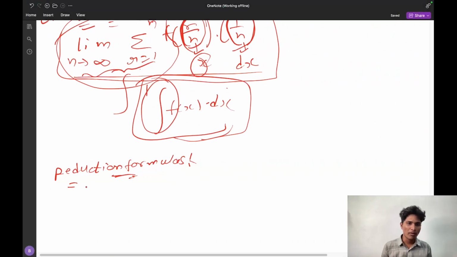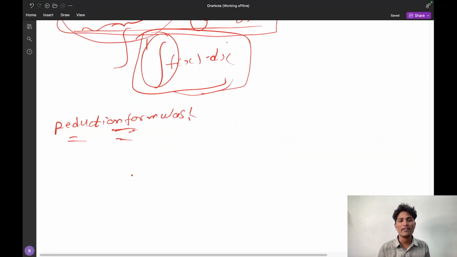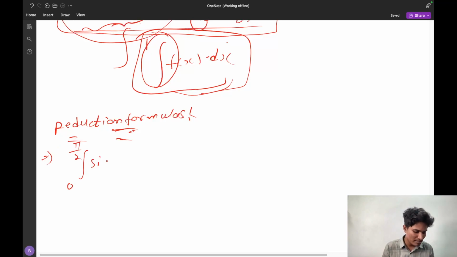I will explain the reduction formulas. I already explained the reduction formulas in the indefinite integration. What is the difference between the indefinite and definite? It is simply the limits. So if the limits are given like this, what is the integration of 0 to pi by 2 sine nx